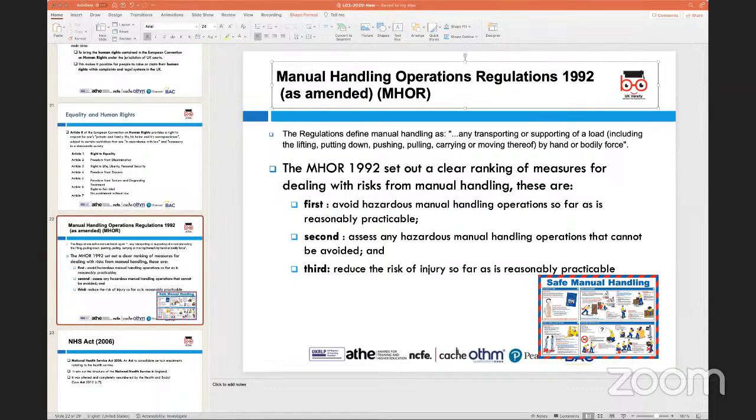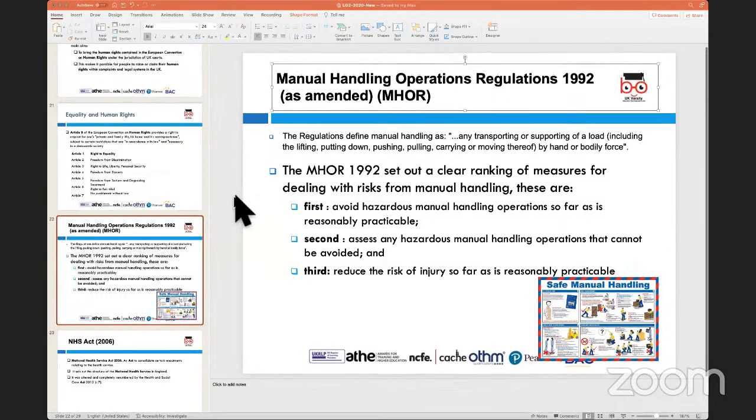Now, if I put it this way, by giving an example: if a new piece of equipment was being introduced in the hospital, like an X-ray machine or an MRI scanner, then it is the responsibility of the employer to ensure that proper training is provided to the people who would be handling and working with that equipment, so that they are not put at any sort of risk. That would be covered under the Manual Handling Operations Regulations of 1992. So these are important pieces of legislation